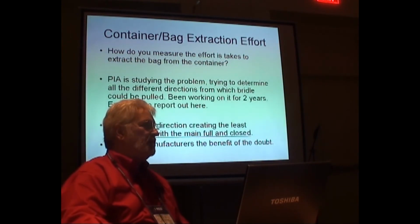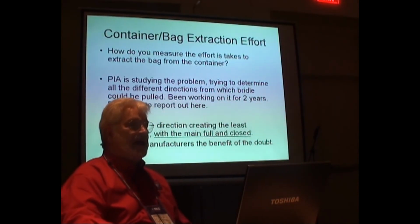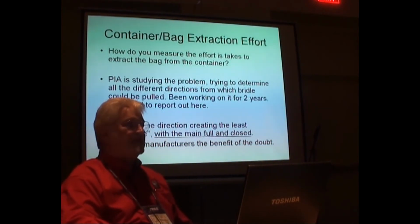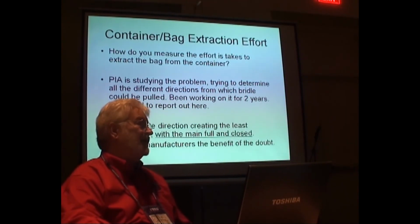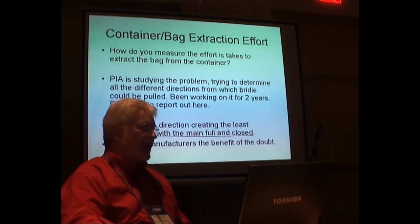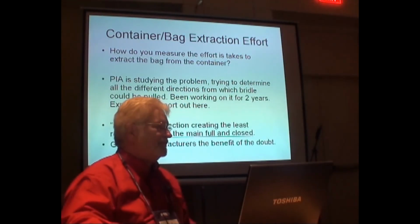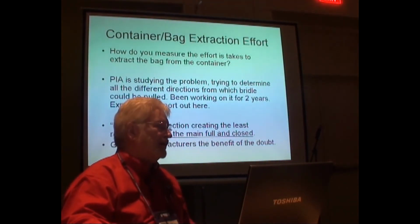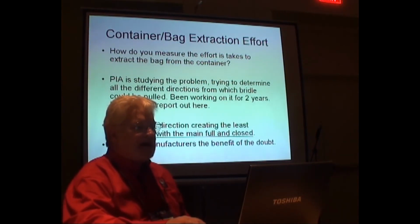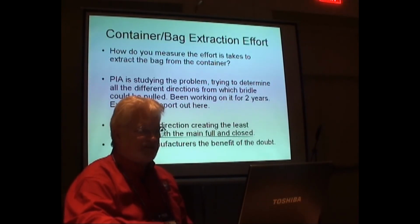They now have 3 years that they've been working on it, and it has never been discussed in the open meetings because when USPA handed this problem down to PIA, and PIA assigned it to the tech committee, I reactivated myself and started going to tech committee meetings. I've been to every one since. And I have challenged the tech committee to poll the manufacturers to see what their maximum bag extraction efforts are. They know better than to admit it. They know better, folks. Okay, I say pull it in the direction creating the least resistance